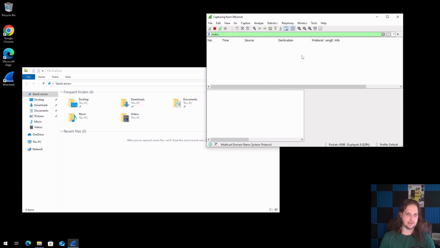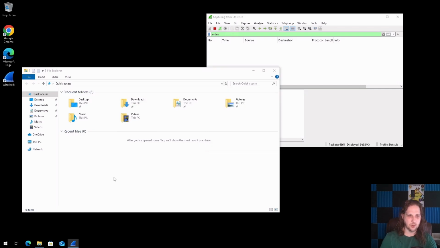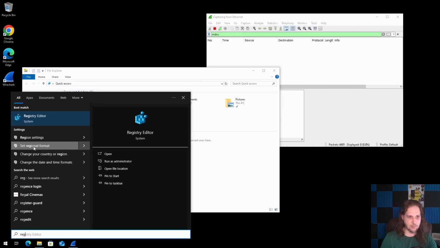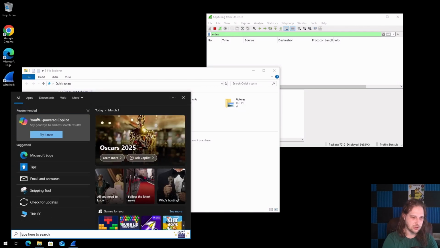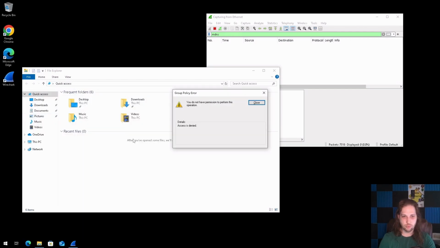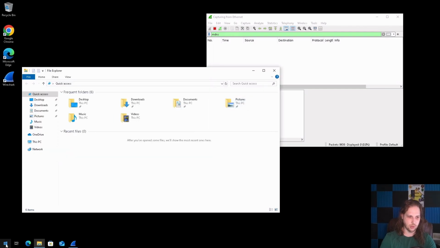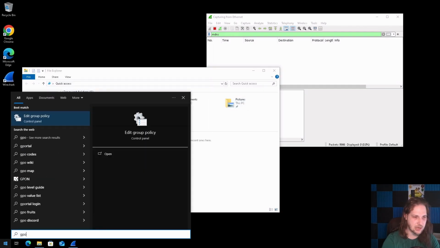This is going back to the LLMNR and Netbios. They are actually triggered by Windows at the same time as mDNS. So as an added bonus, let's fix that as well. We can do that pretty easily. I'm going to do this from the machine by group policy. You would obviously do this from your DC as some type of group policy template or wherever you modify those.